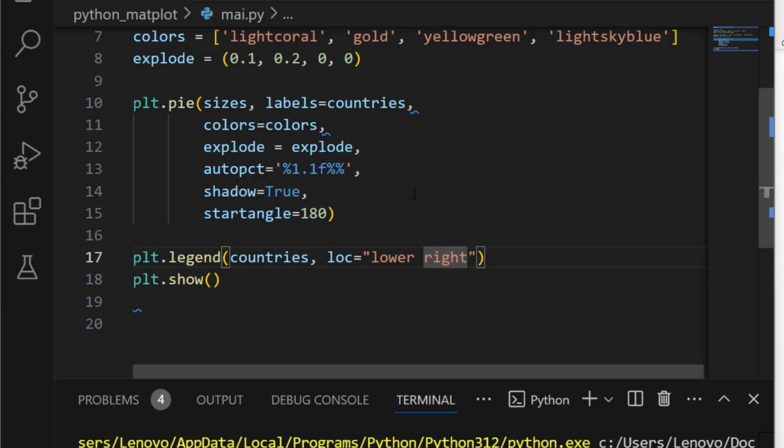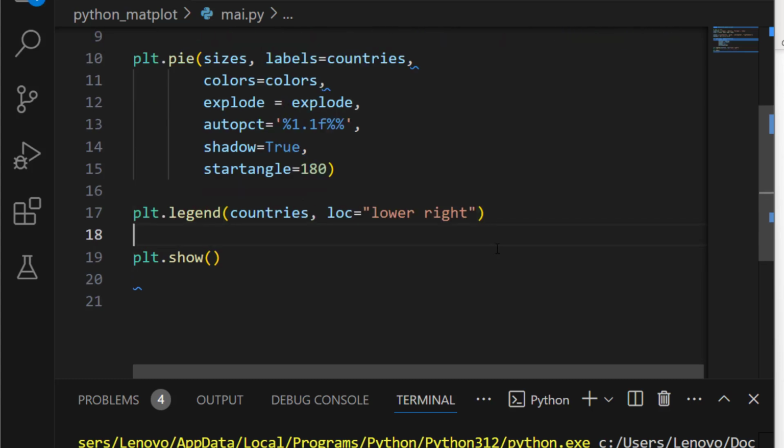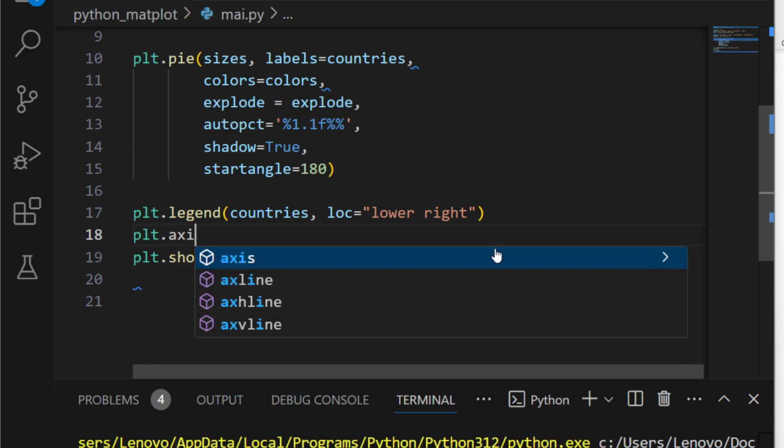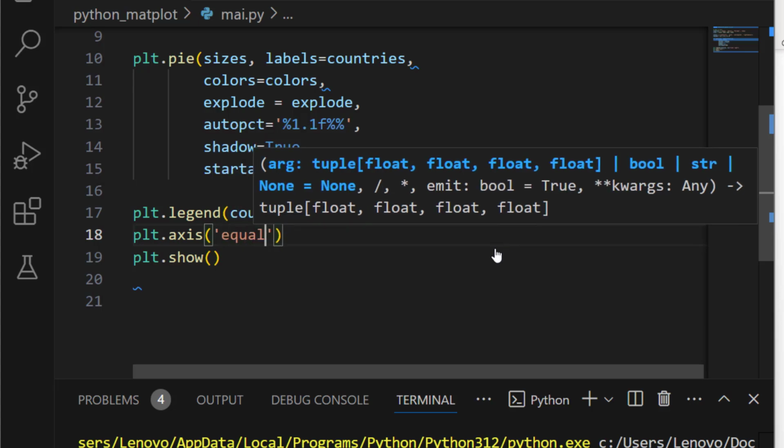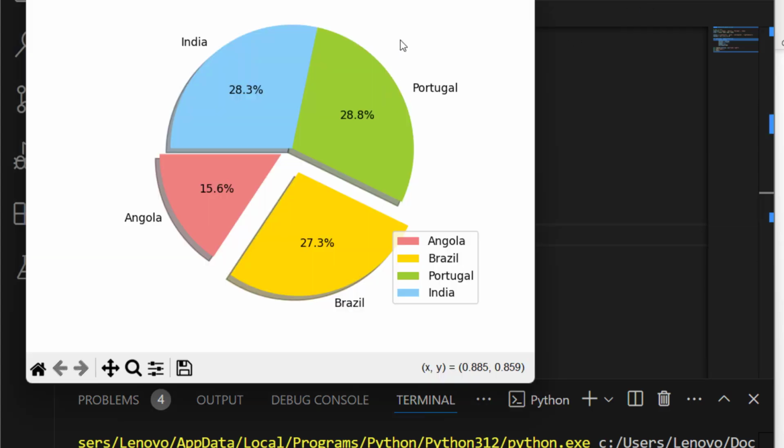And one thing that we can also do is something like this. I used to forget how it's called, but it's something like plt.axis, open and close, and if we do equal, save, and run this, it's another definition that we can use. This equal is actually very good, especially when it comes to bar charts and line charts. Even here it applied, but I forget the proper name in English.